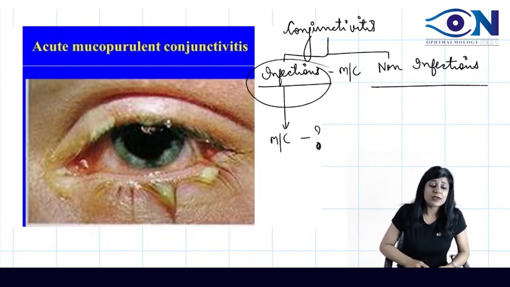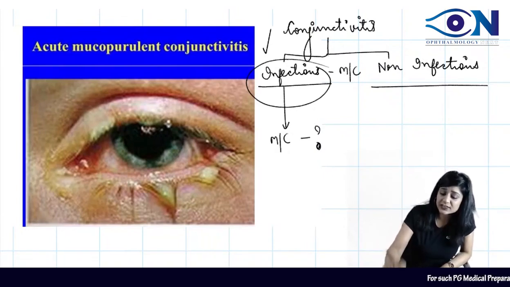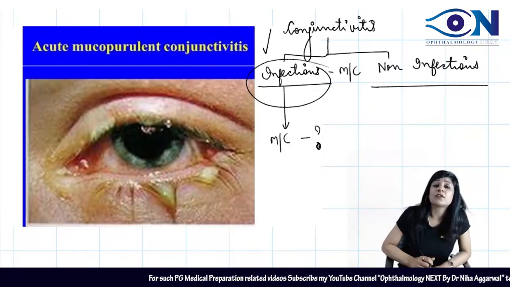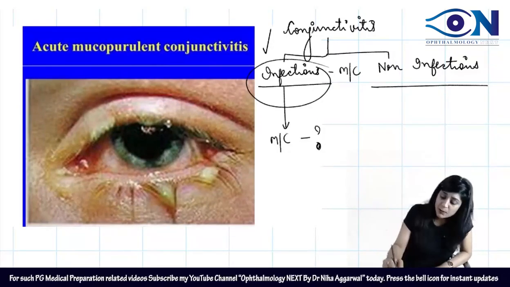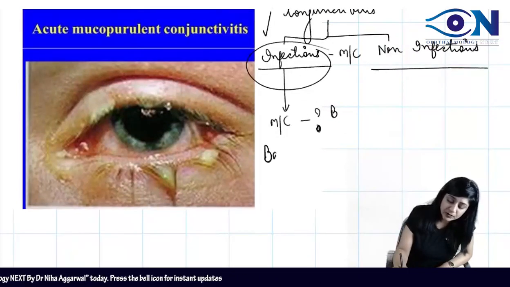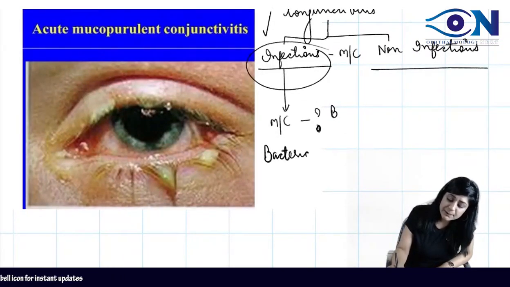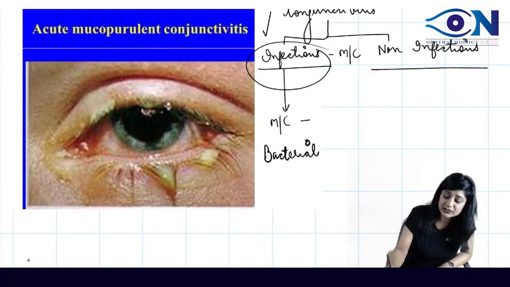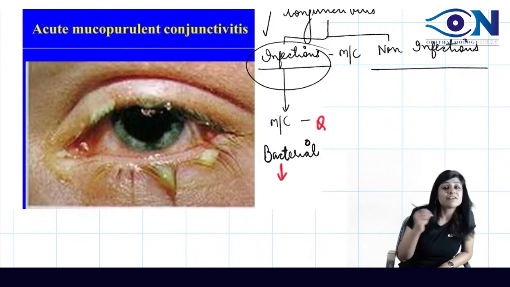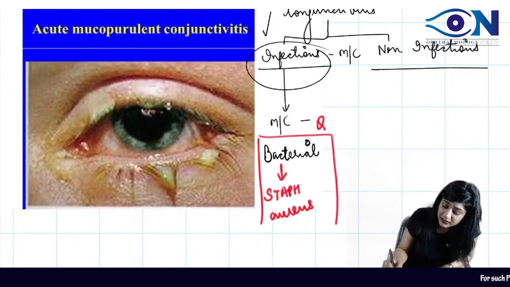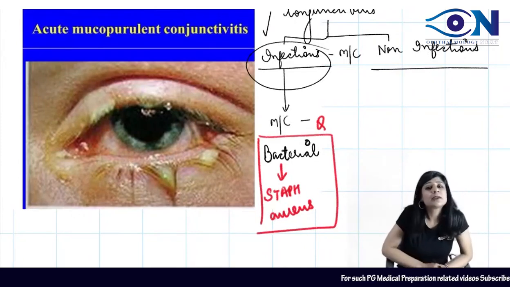Anybody who can tell me what is the most common cause of conjunctivitis? Infectious one. Infectious one is most common. Now what is the most common infection? Most common infection will be the bacterial. So actually it is the bacterial. Another important question. See, these are the little questions that they can ask you. And in the bacteria, which is most common? So actually it is the bacterial conjunctivitis, which is most common in the infections.